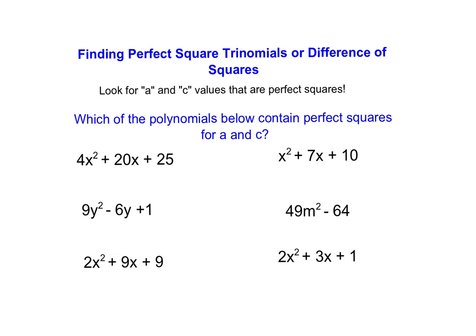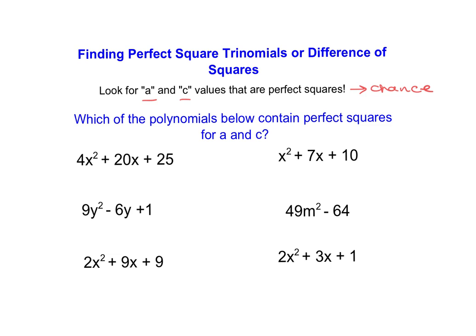how to find them. Now, the quickest way to find them, or at least to rule out that a trinomial is not a perfect square trinomial or a difference of squares, is to look at their a and their c values. If their a and c values are perfect squares, there is a chance that one of these two scenarios is taking place. So I like to start by looking at my trinomial and seeing, could this even be a